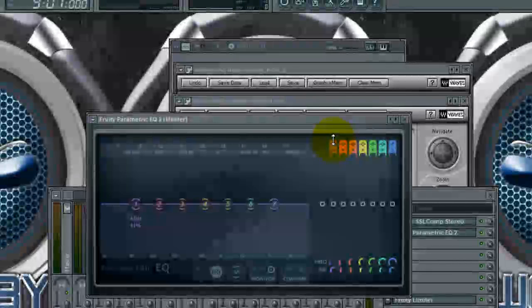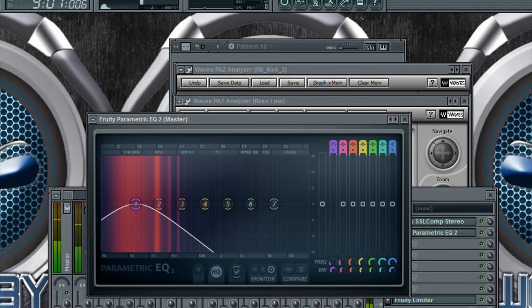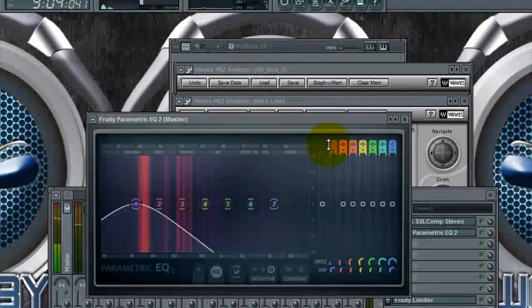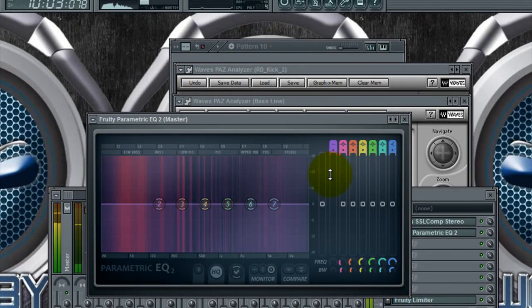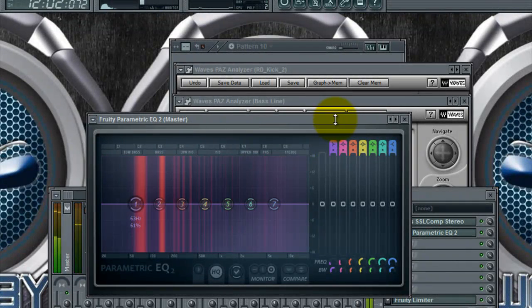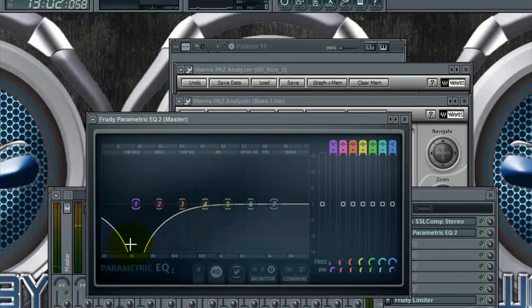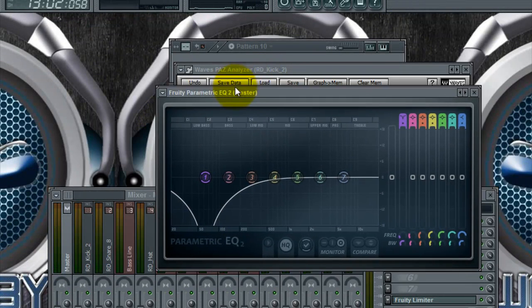These shapes up here, you can move them up to get different effects. You see right here, I just cut out everything. Right now this EQ is on my master channel,